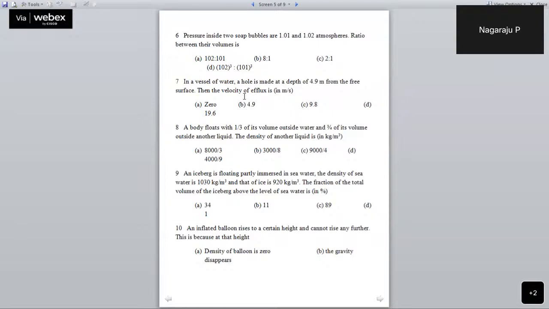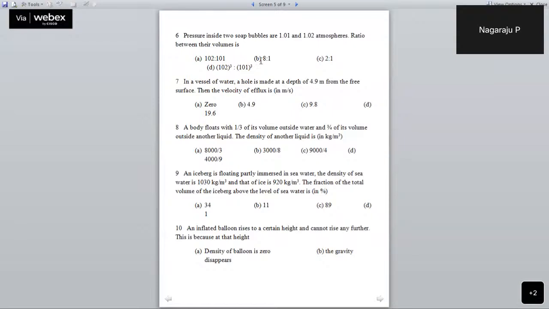We write it as P1 by P2 is equal to 4T over R1 whole over 4T by R2, and that is R2 by R1. And again, you have to take volume V1 by V2, 4 by 3 pi R1 cube over 4 by 3 pi R2 cube. And if you simplify that, you get 8:1. So B is the answer for that.